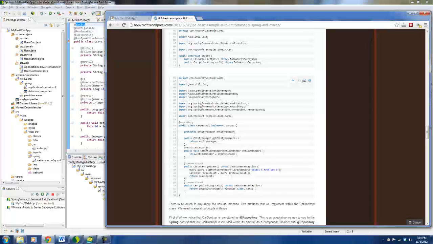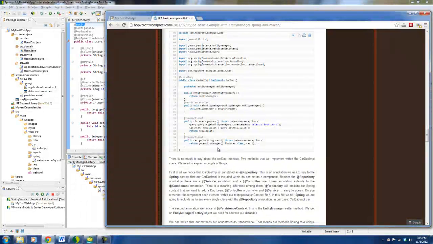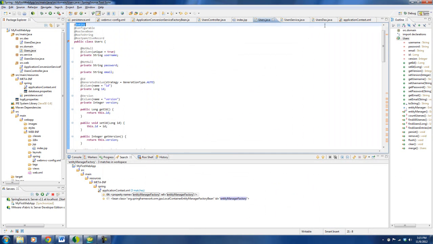Okay, repository, entity manager, persistence context. I've never actually used the entity manager, the JPA stuff, so you'll have to bear with me. But I've never used it before, and I'm curious to use it now. So let's just dive in and use the entity manager, because I already have it defined on